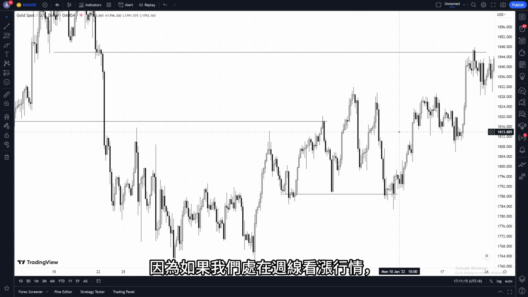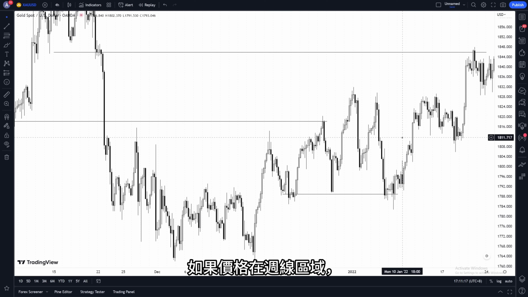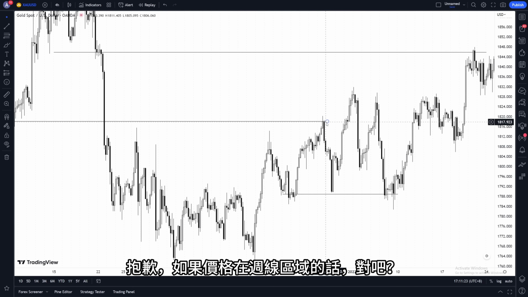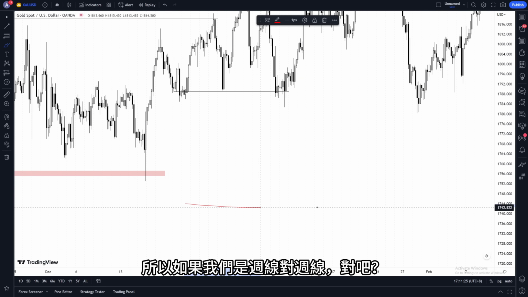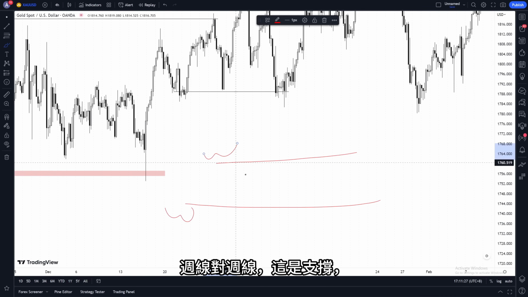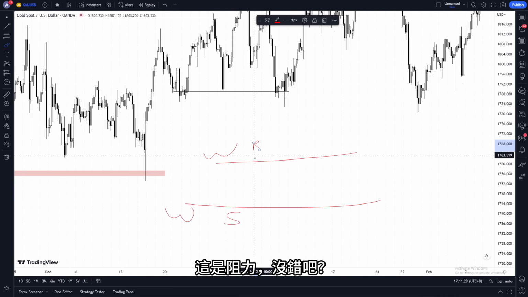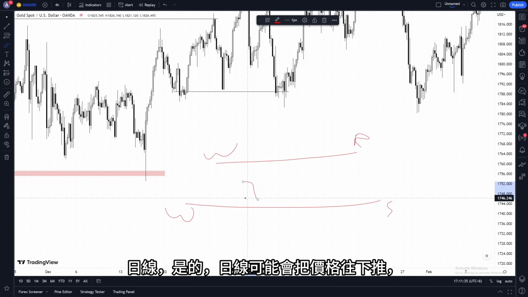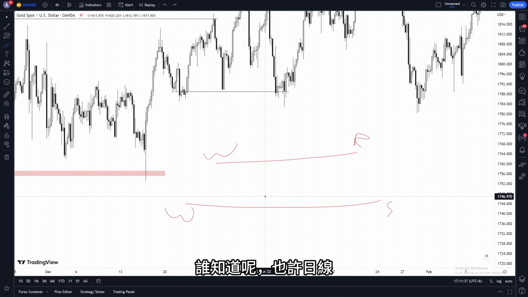Because if we're in a weekly bullish storyline, price could probably completely turn to a weekly bearish storyline. So if we have weekly to weekly, this is the support, this is the resistance, correct? This is the resistance, right? The dailies, yes, dailies may push price down, and who knows, maybe the dailies even may completely reverse price, but